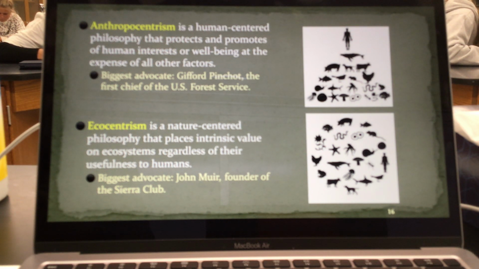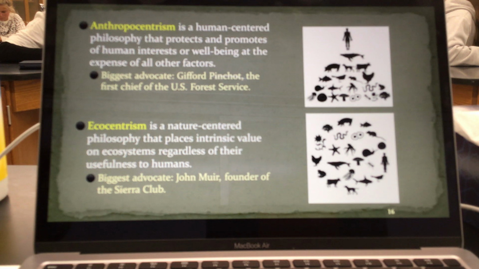Yes, we as humans have a lot of needs that need to be met, right? We need to utilize resources, maybe not to the extent that many of us do, but we also have to recognize that all other organisms and ecosystems have needs too, right? All those things aren't put here just for our consumption. It's kind of what makes the world go round. We've got to have somewhere in that the balance of the two.